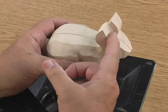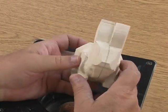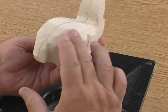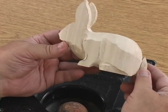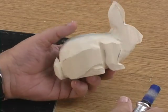I've cut away those areas where I have just begun to define the ears, the neck, and I started on the back on both sides. I'm beginning to get the rough shape of the rabbit. While we were off camera,